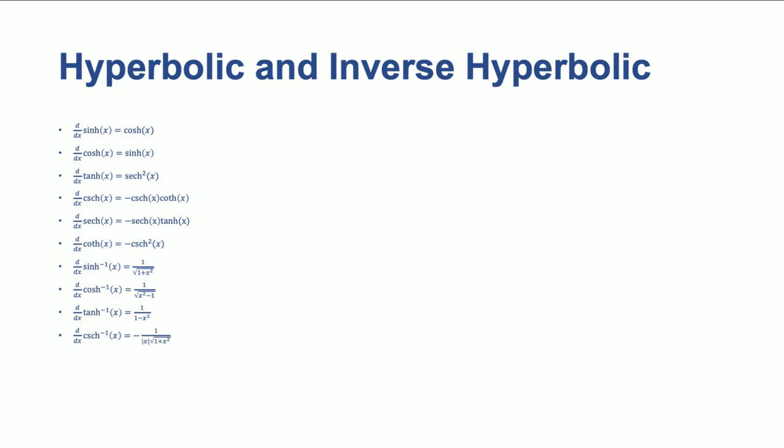The derivative of hyperbolic cosecant inverse is equal to negative 1 over the absolute value of x times the square root of 1 plus x squared. The derivative of the hyperbolic secant inverse is equal to negative 1 over x times the square root of 1 minus x squared. And finally, the derivative of the hyperbolic cotangent inverse is equal to 1 over 1 minus x squared. All right, so that is a mouthful, and I hope that I read those off right,